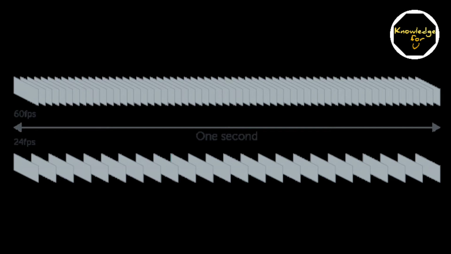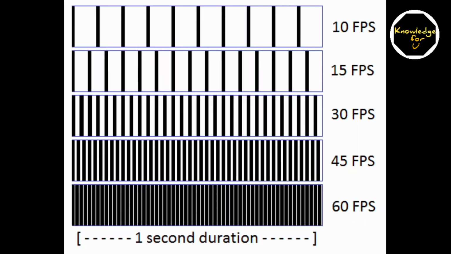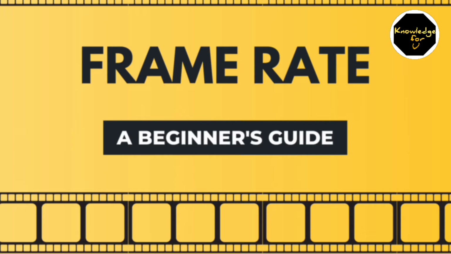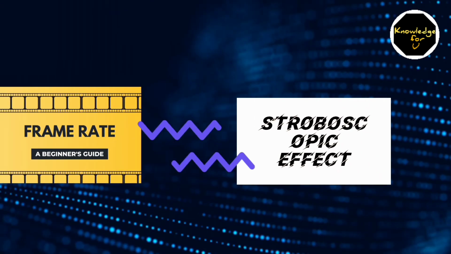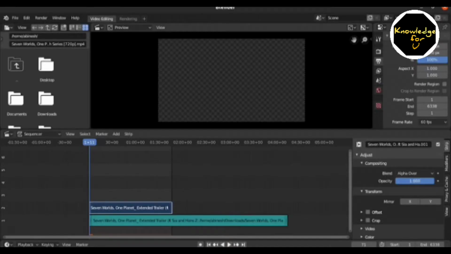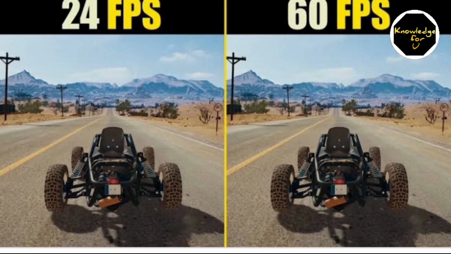And if it is 60 fps then it takes 60 photos per second, and if it is 24 fps then it takes 24 photos per second. Like that, it takes photos according to the fps. I think you get to know briefly about FPS. Are you thinking what is the link between FPS and stroboscopic effect? There is a link. We use this FPS in the mobile world, for example, video capturing, video editing, playing games. In such ways we use this FPS.